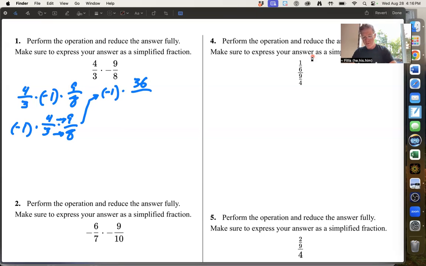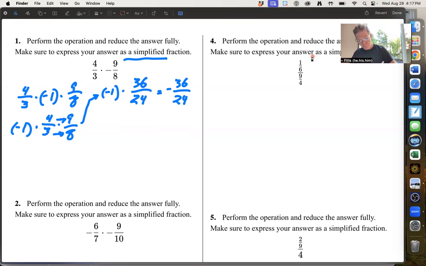Over 8 times 3, 24, which all equals -36 over 24. But we need to simplify this. So how I'm going to simplify this is I'm going to look for the greatest common factor that goes into 36 and 24. A lot of you are probably like, I know what that is, Mr. Fitz, it's 12. But I wanted to show you a strategy for finding the greatest common factor, and it uses